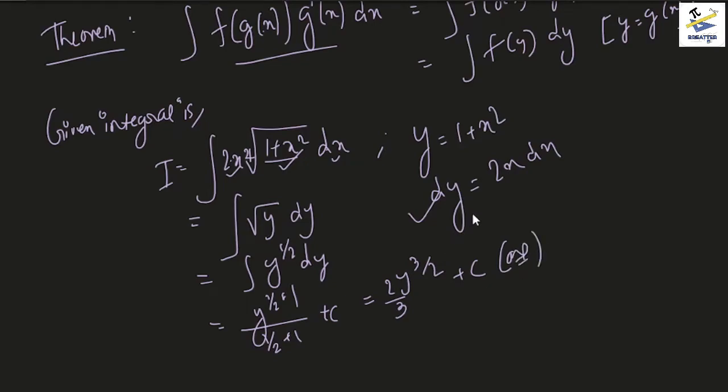So this is the integral and this is the answer, and we can just substitute back to get our answer in terms of x, obviously. So it is basically 2 into 1 plus x square to the power 3 by 2 whole by 3 plus c. This is our integral,